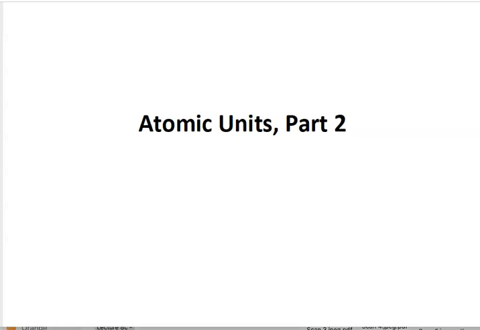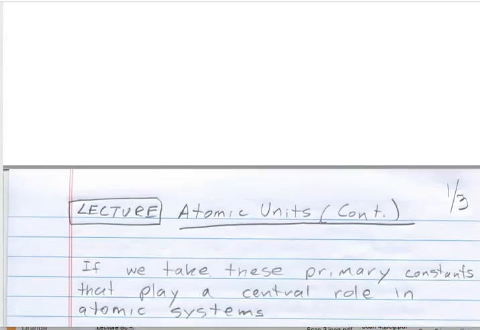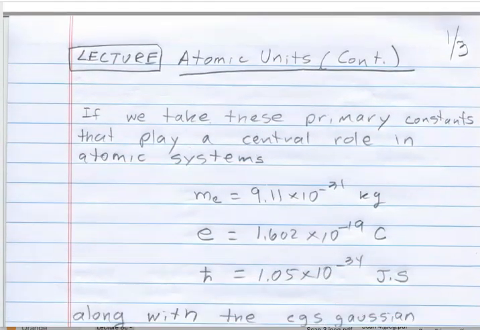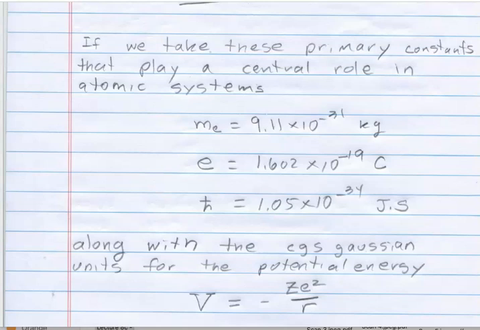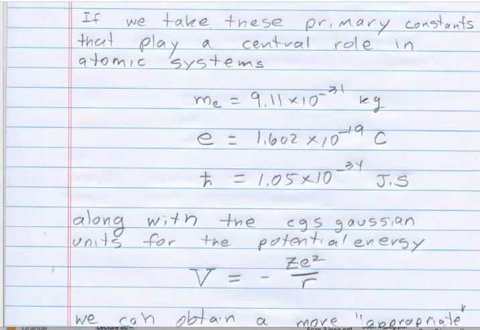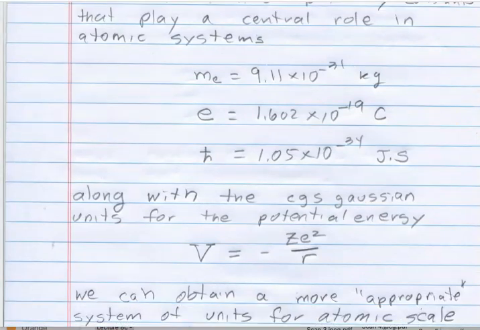To continue from the last segment, we're still looking for appropriate atomic units. Well, let's take those primary constants that play a central role in atomic systems: the mass of the electron, the fundamental charge on the electron, the magnitude of the charge of the electron, and Planck's constant rationalized, divided by 2 pi, so h bar. In addition, we'll also take